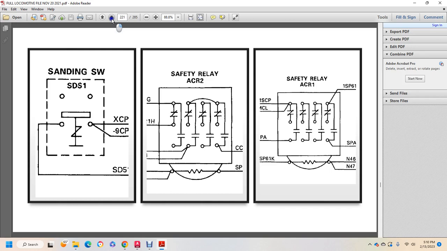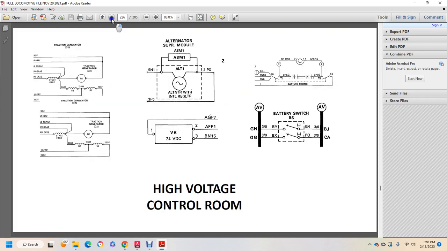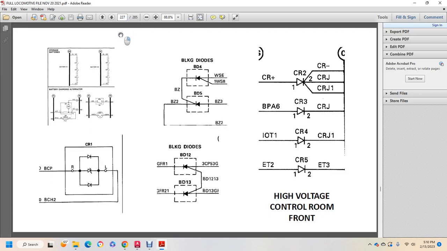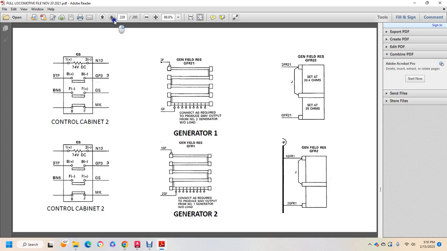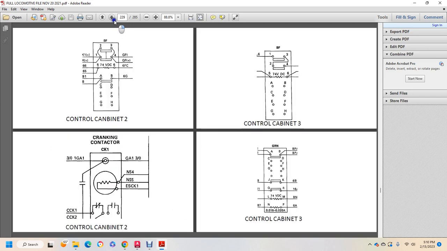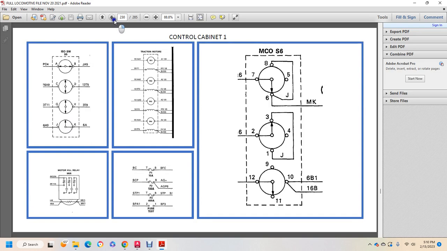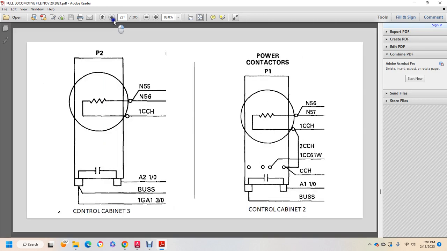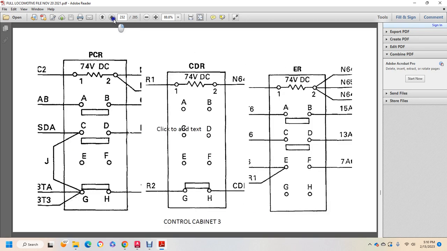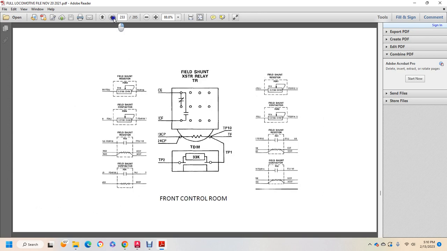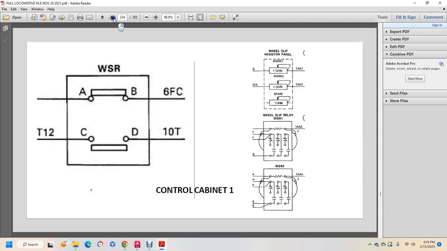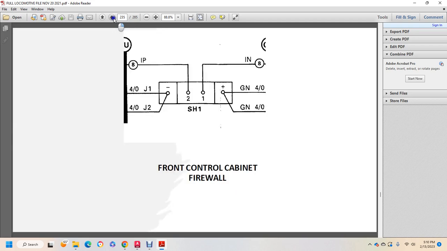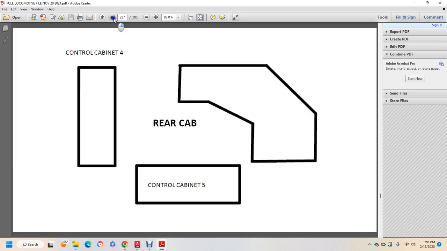pressure control, safety control, service safety, and front control cab, high voltage control, blocking diodes, storage batteries, battery charging alternator, generator 1, 2, control cabinet 1, 2 and 3, isolation switch, traction motors, fuses, motor kill switch, motor kill out, power contactors 1 and 2, PCR, CDR and ER, engine run relay, PCR, fuel shunt, transition motor, wheel slip relay, control cabinet, front control cabinet, firewall, control cabinet 5, shows the control cabinet 4 and 5 are the